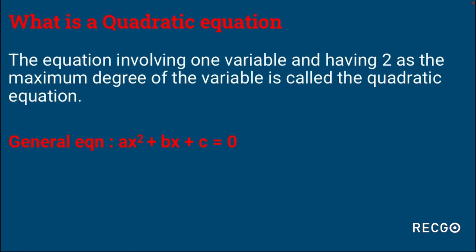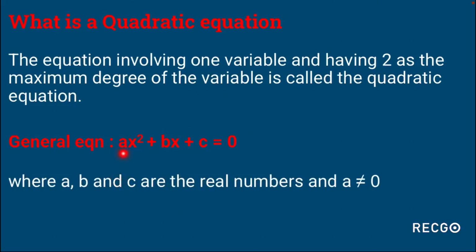And one important point that you have to remember is that over here a, b and c are the real numbers, and for any equation to be a quadratic equation, your a cannot be 0. Why? Because if your a becomes 0, your term, that is ax square, will become 0 and you will only have bx plus c. And if you see bx plus c, this is not a quadratic equation because the second condition is not getting satisfied because you are not having the maximum degree as 2. So this will not be a quadratic equation anymore. That is why it is necessary that our a should not be equal to 0.